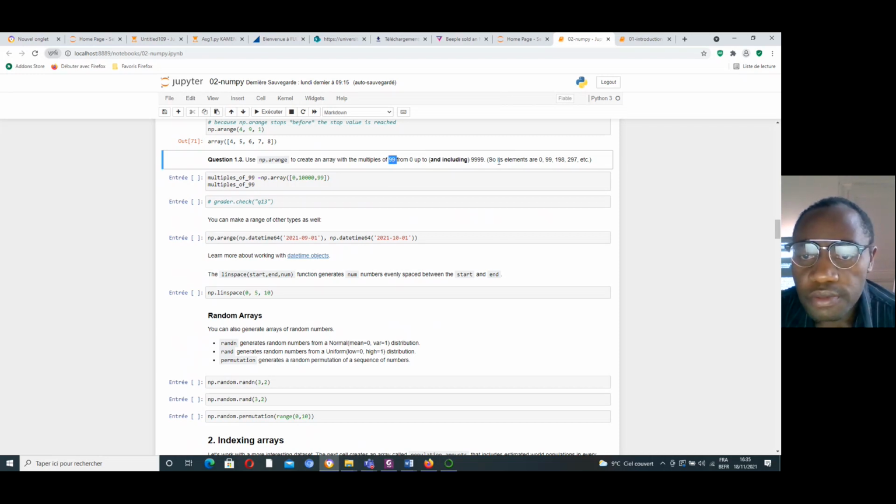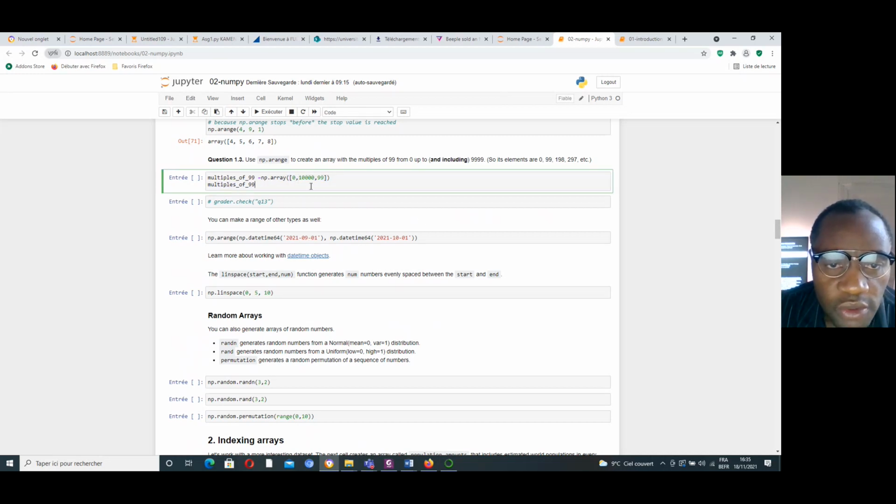How to do that? If I begin with 0 and I have a step of null, I'm going to add null every time. It's easy to write like that.